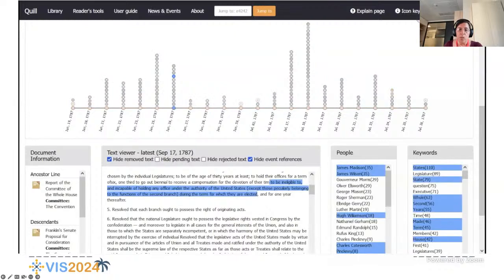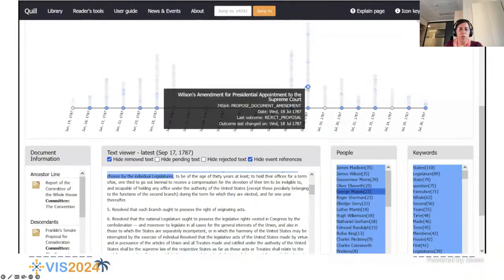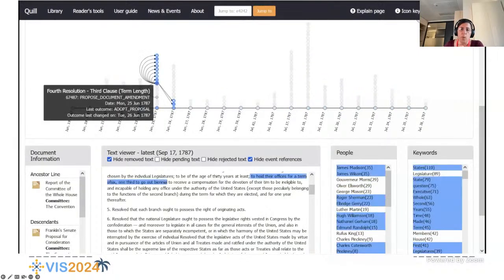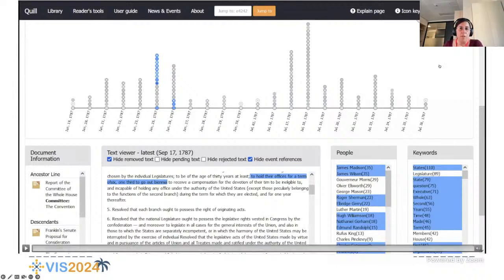The document panel supports interaction with the text, selection of specific words, or accessing information on related documents. The text viewer provides the full text of the document and all the relevant information, for example, removed fragments due to amendments or reduction. The document information panel shows a list of all the ancestors and children of the current document, including immediately relevant information, for example, committees and when the committees acted and what were the changes. The people and keyword panel contains a list of all the people and the keywords which are relevant to the specific document or